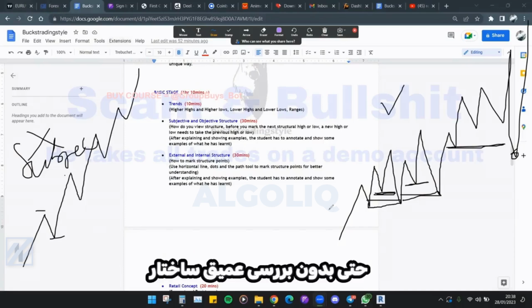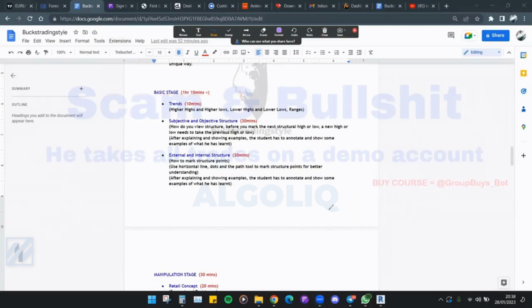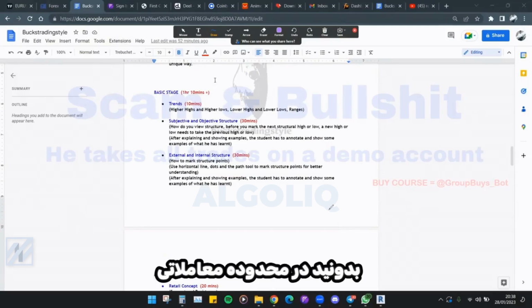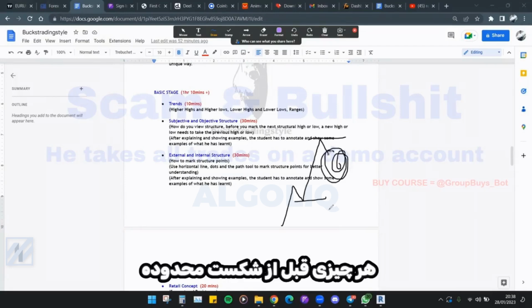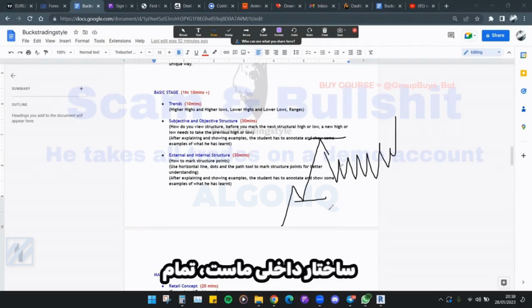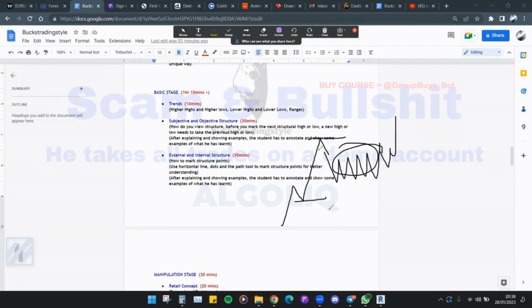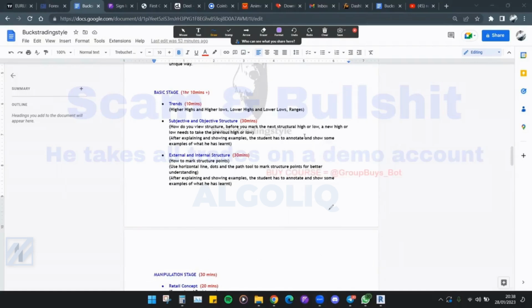So even without going deeply into the internal structure, just know that within our trading range right here, everything happening before the break of the range is our internal structure. All of this internal structure. Do you understand that? Yes. Good, good.